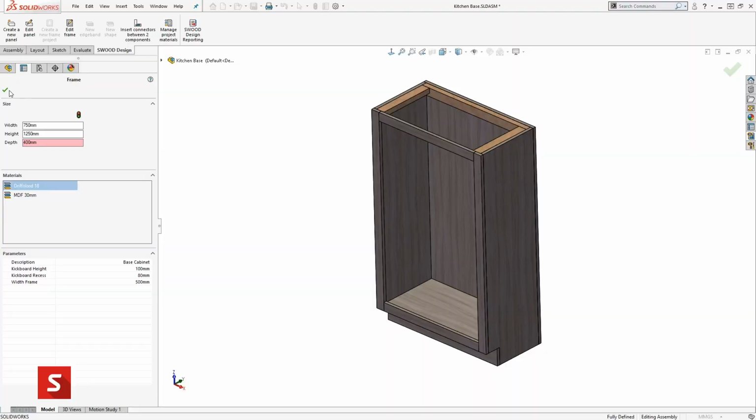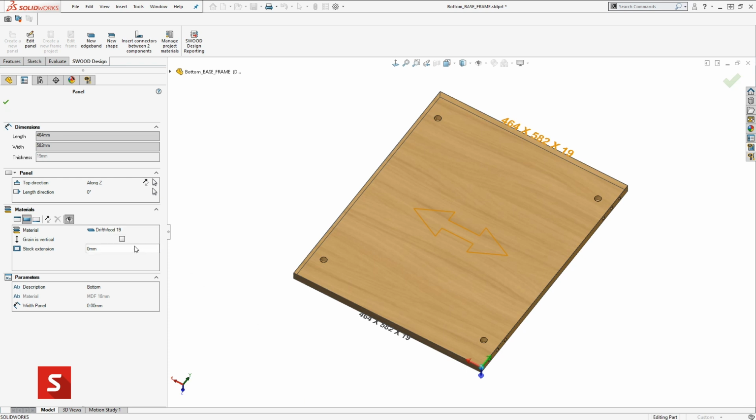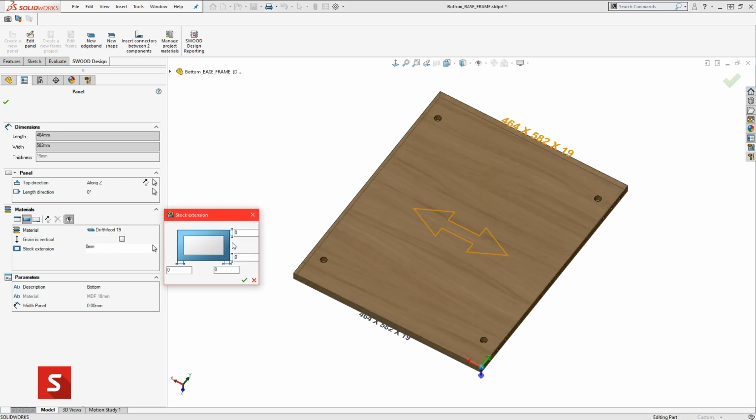So SWOOD Design has many features in it that are there to speed up your design process. SOLIDWORKS is a really big toolbox with lots of features and functionalities, and SWOOD Design is there to tailor and narrow down some of those abilities to really speed up what you're doing. In essence, think of it as clicking multiple buttons in SOLIDWORKS with a click of a single button. It's really there to take lots of repetitive tasks that don't need to be repeated time and time again and turn them into a single drag and drop, a single click, and really save the designer a lot of effort while still producing an efficient and detailed model at the end of the process.